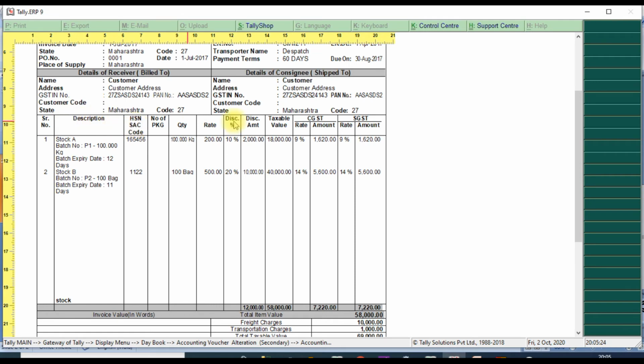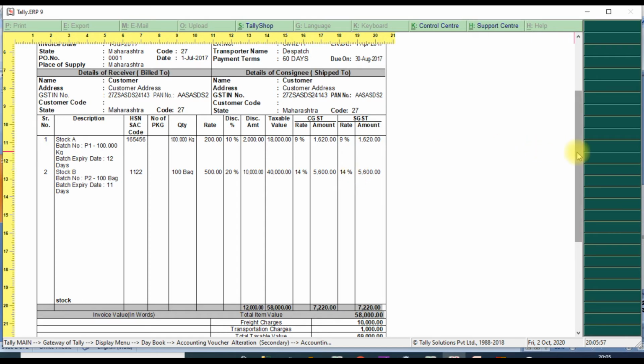In inventory details we gave this many columns. First column serial number, second column description of the goods and item details, then HSN code or SAC code of the item, number of packages, quantity, rate, discount percentage, and we added a discount amount column, taxable value of the item, and it will show the CGST amount of the particular item and SGST amount of the particular item value.